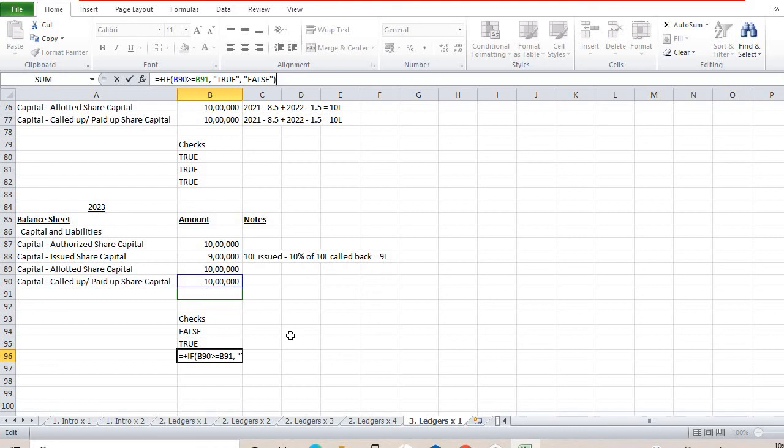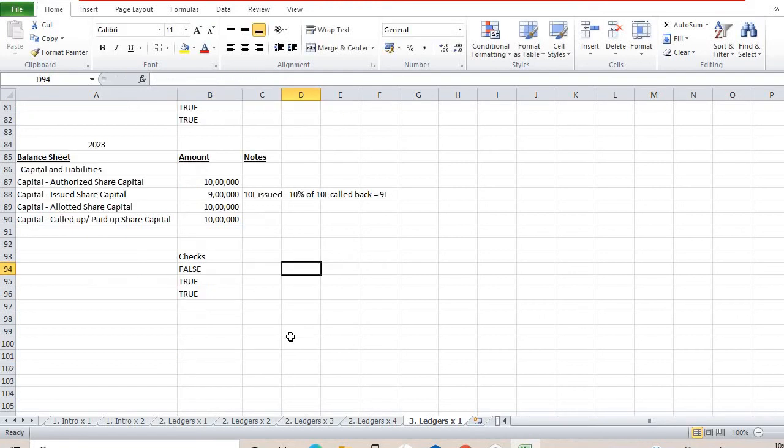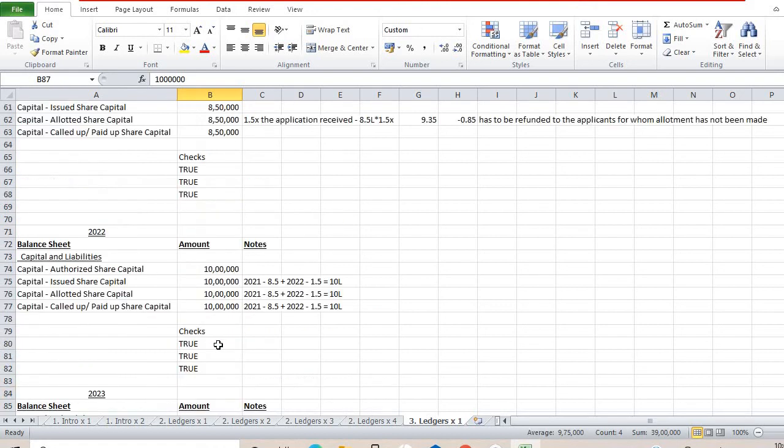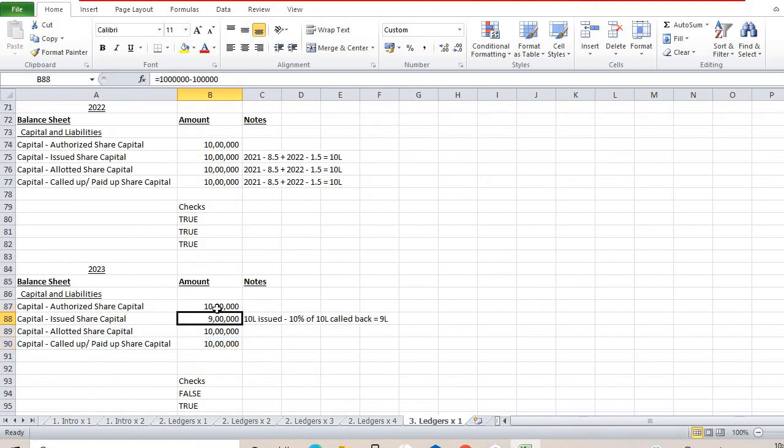Now, and this is a very important part of modeling, and this could lead to a lot of modeling errors. I want you to think why this has happened. Same formula, same checks, same or identical numbers. This number is smaller than this number, but why is my formula not checking the first two, even though it checked the first two before? Why is my formula checking the last two? Can you think about it?